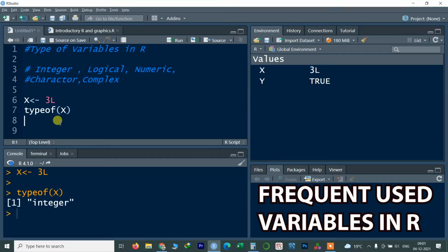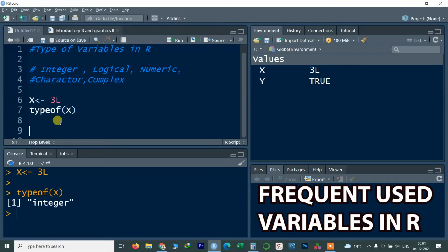Next is logical. Logical means it is either TRUE or FALSE. There are only two possibilities, which is quite useful in R as well as Python. For example, my next vector called y is equal to TRUE, in capital letters.